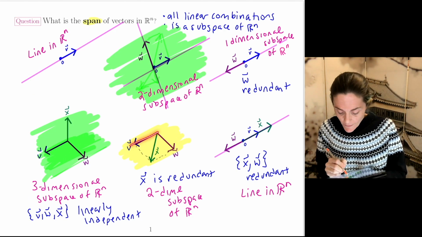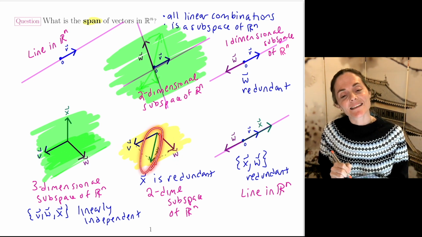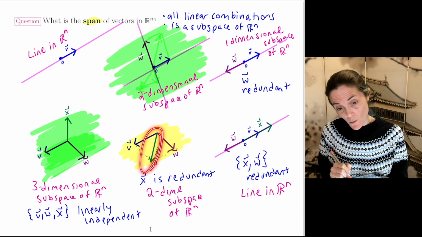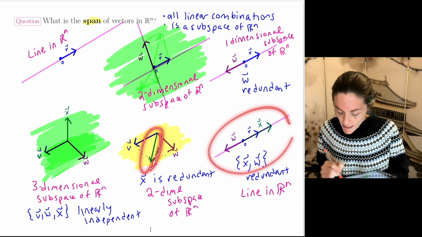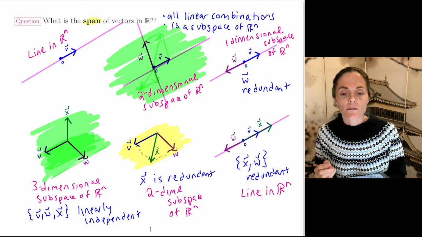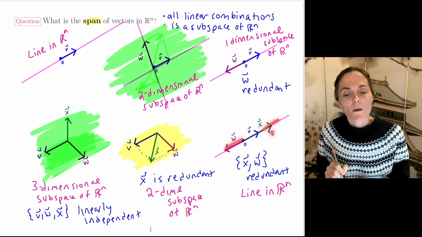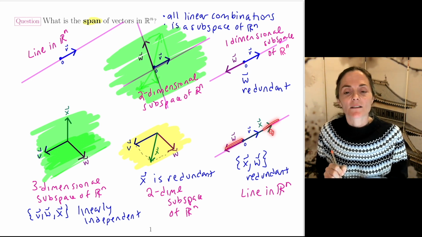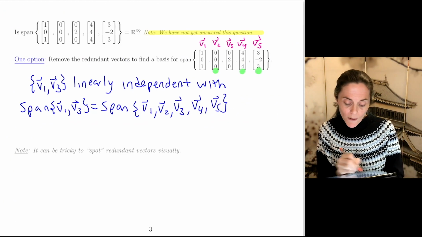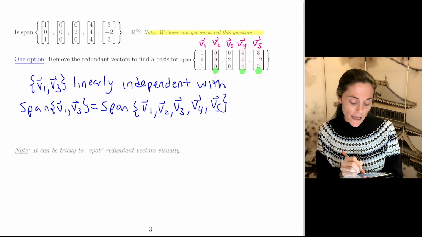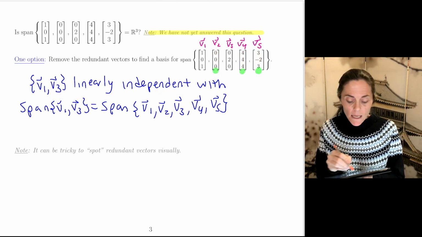You see, here I had 3 vectors, and I can remove the redundant ones, and then what's remaining is the independent ones. Here it would be V and W. We have the same span. And similarly here, where I had 2 redundant vectors, I'm calling them X and W. If I remove those from my collection, what I'm left with is a linearly independent vector, same span. Okay, so that's what I did here. You can remove the redundant vectors. Now I have a collection that's linearly independent with the same span.